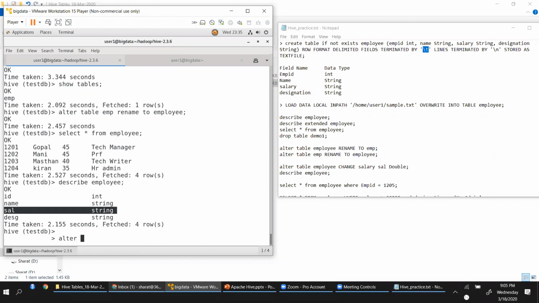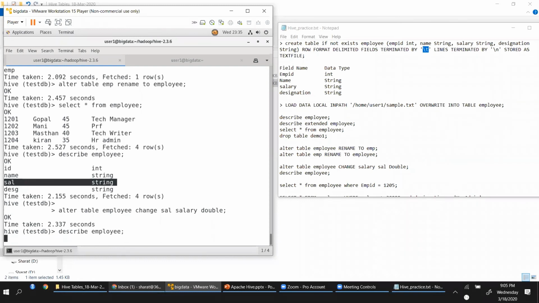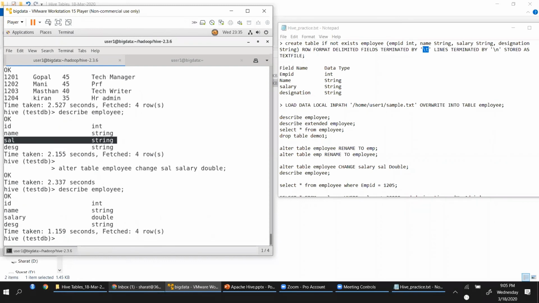So I'll say alter table employee change sal to salary and mention that as double. If I say describe employee, now look at that. The sal has changed to salary, and the string has changed into double. So this way we can manipulate, we can alter the tables and all that.